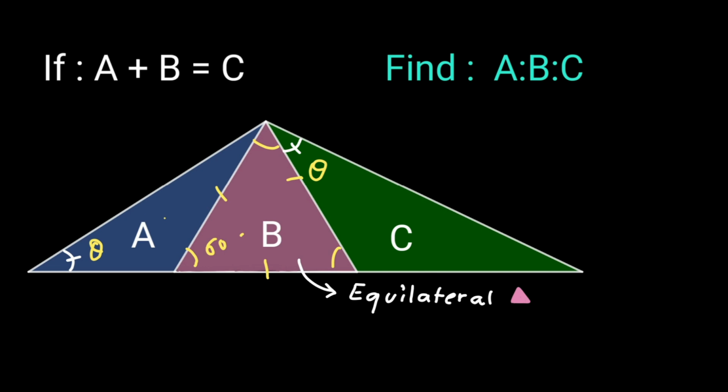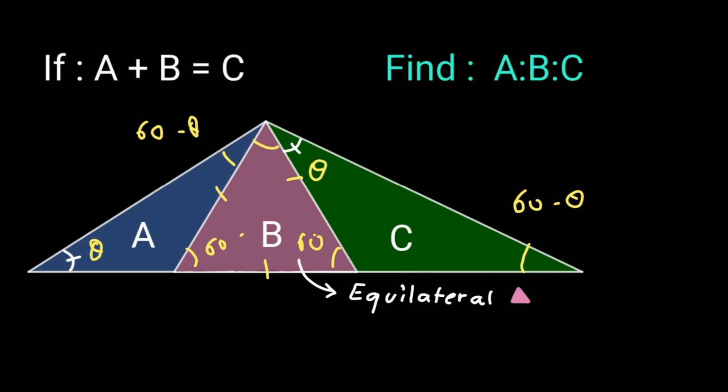Now take this blue triangle and the straight base. So we can see that this angle over here is 60 degrees, this angle is theta. Therefore by exterior angle property, this angle over there would have a value 60 minus theta. Now over here we have the green triangle. This line is again a straight line. The value of this particular angle is 60 degrees. Therefore by the exterior angle property, this angle over there would have a value 60 minus theta.